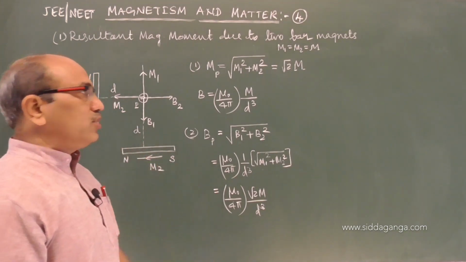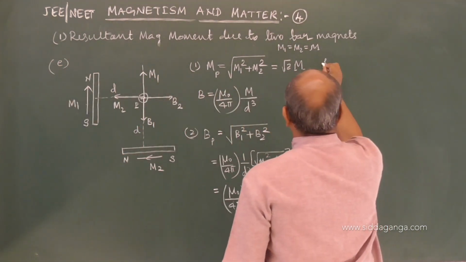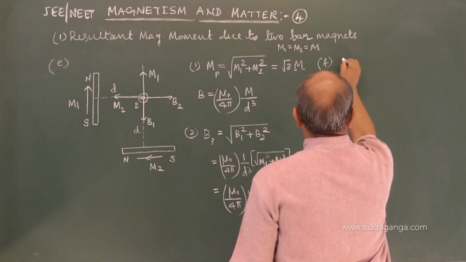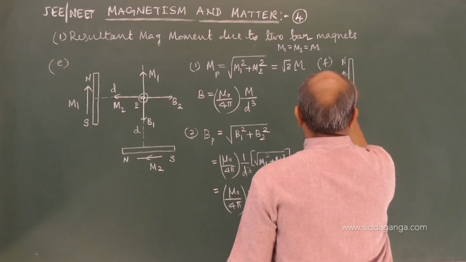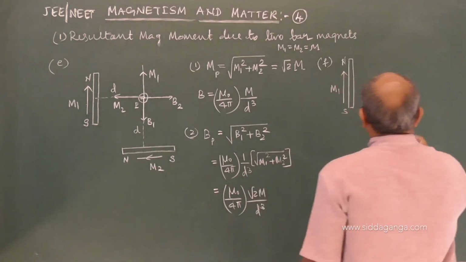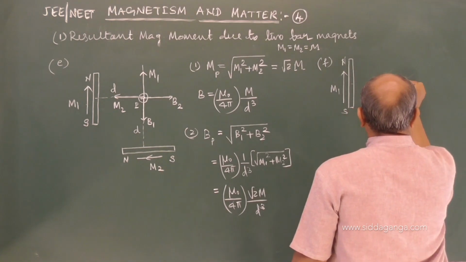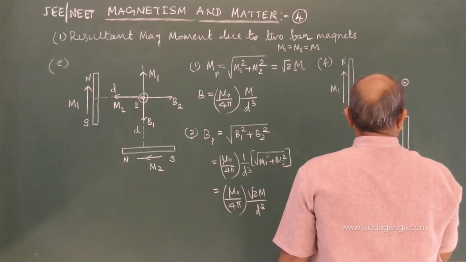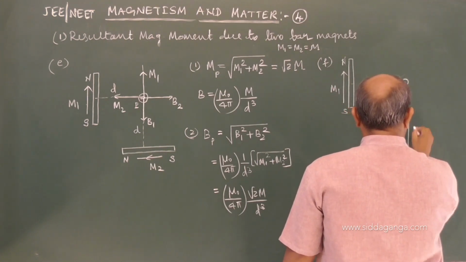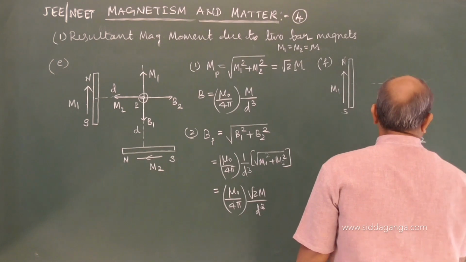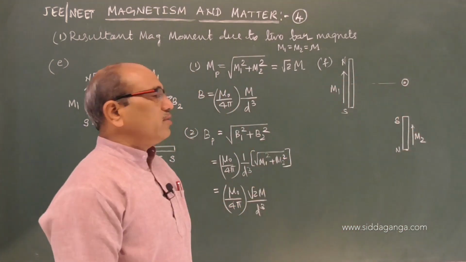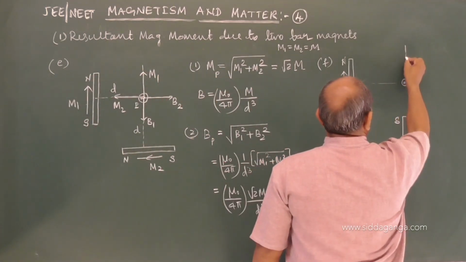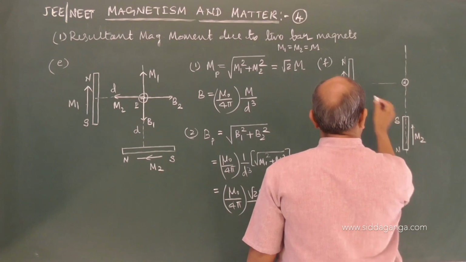One relation I showed, one arrangement, let us think of the other arrangement, so that the moment is acting from down to upward as M1 and about a point. So another I kept here similarly. So its moment is acting as M2 upward. I kept the arrangement in that fashion, a little bit changed compared to the previous. Now we have to see the moment and the field about this point, P.